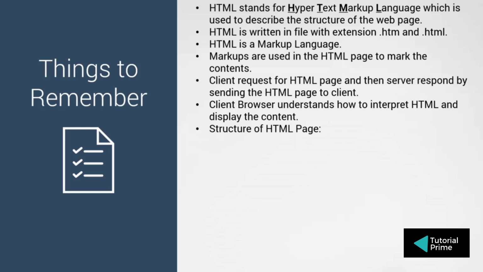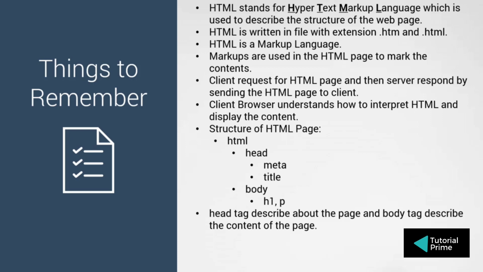Then we have talked about the structure of the HTML page. HTML, then you have a head, then you have a meta tag inside the head, and then you have a title tag describing the title of your page. Then you have your body where all the tags that you write inside the body are displayed onto the web page content. Then you write h1 for writing the heading and p for paragraph.